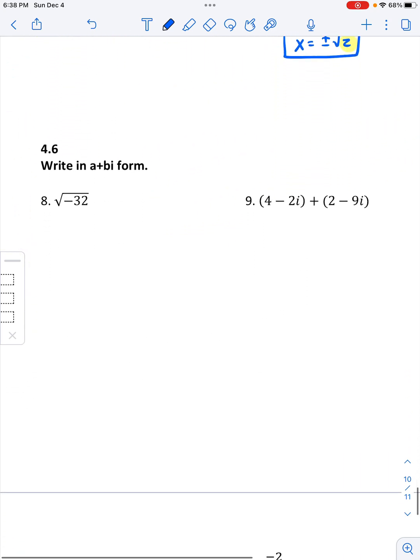Alrighty. Now you look at the directions. It says to write it in a plus bi form. So you have to start thinking about imaginary numbers. That's not the only thing we did. So the radical stuff that we were just working on, there was no i because we did plain radicals too. But here there's square roots of negatives. So keep in mind that anytime there's a square root of a negative,